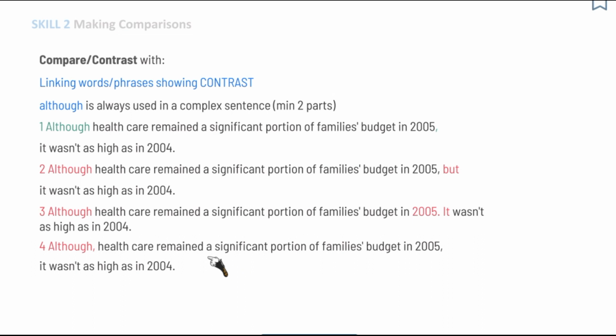Although is a very, very good option to show contrast. Again, it is always used in a complex sentence, which is a sentence that consists of a minimum of 2 parts. Now on the screen you can see 4 examples, and the first example is how you correctly use although. So although, and a comma over here. And let's have a look at incorrect use so that you do not make these mistakes